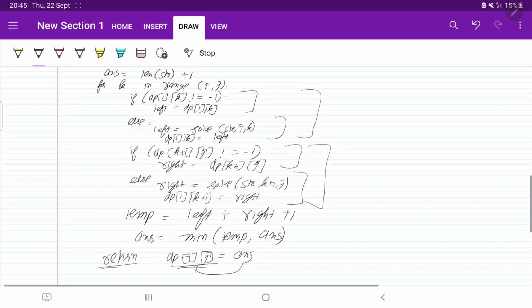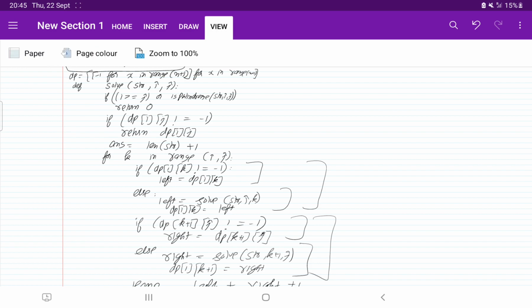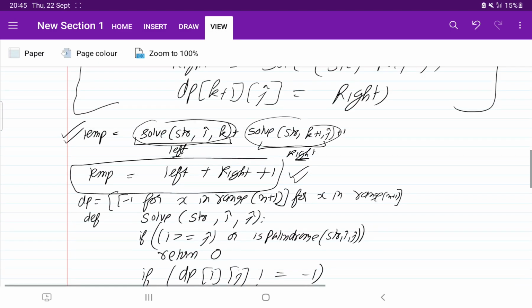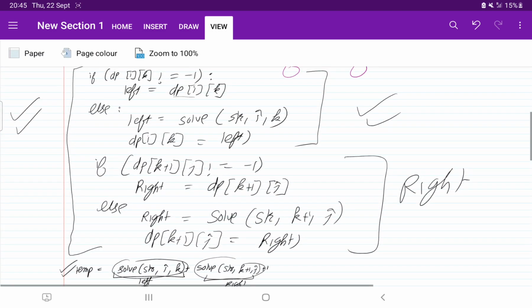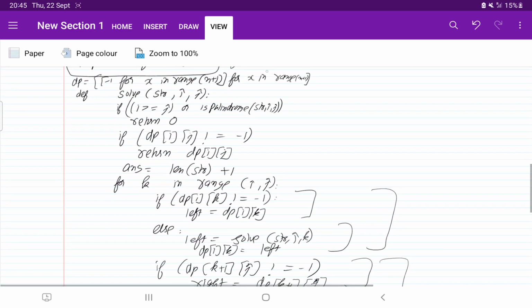So if I zoom out, you can see this was the code. This code has become a bit lengthy, but no need to worry about it because the concepts are very easy. We have done nothing special. Here we have done the initialization of the matrix, then we have used the base condition.